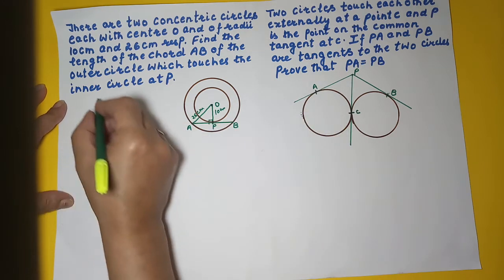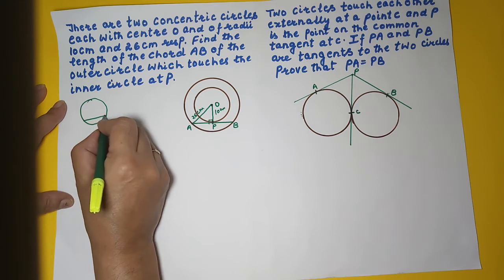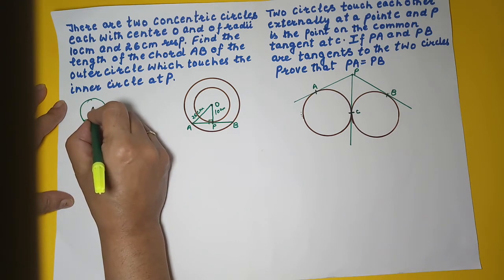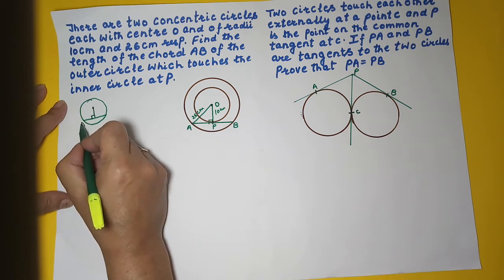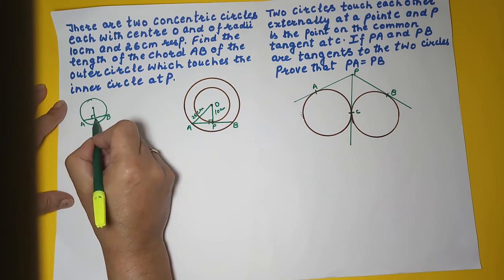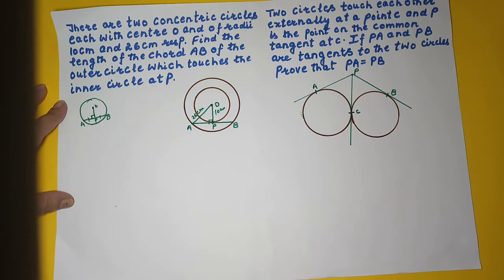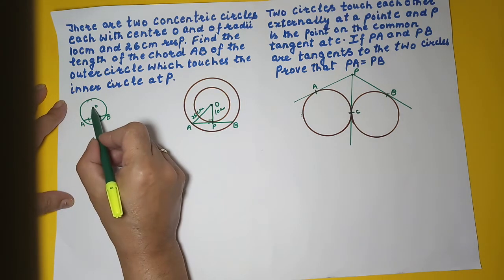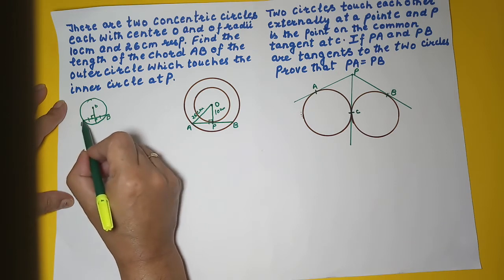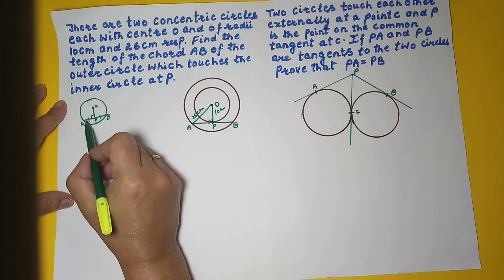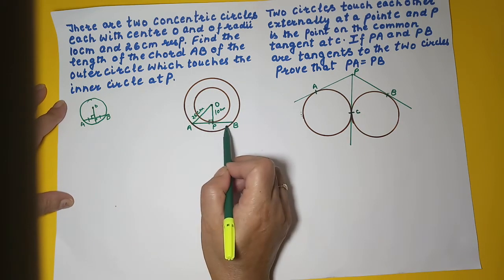Now, if you remember, you have done a theorem in 9th standard which says that if you have a chord and if you are dropping a perpendicular from the center of the circle to this chord AB, then suppose this is P, this is O, then AP is equal to PB. That means perpendicular drawn from the center of the circle to the chord bisects the chord, means divides the chord into two equal parts. Now here we can make use of the same theorem.